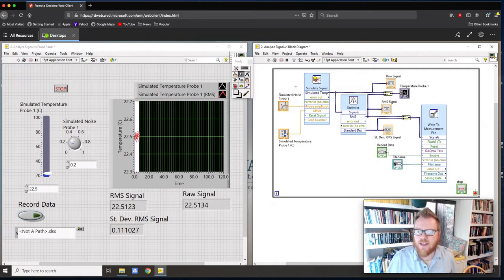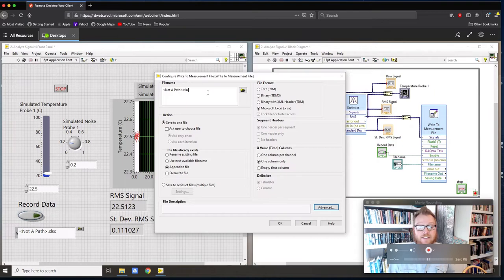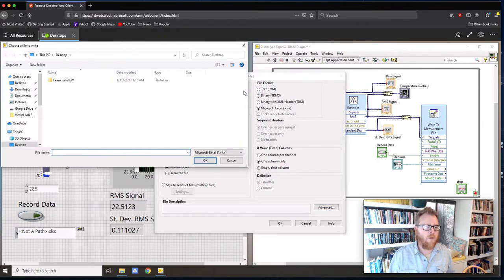And then now something that I've found to be the most stable, initially when you're setting this up, it's nice to give it a file path here. Okay, so I'm going to do file path, and I'm just going to pick my desktop for now. And I have to give it a file name. And I want you to get in the habit of using this file naming sequence for your data. Okay, so today is January 31st, 2021. So I'm going to call my file name